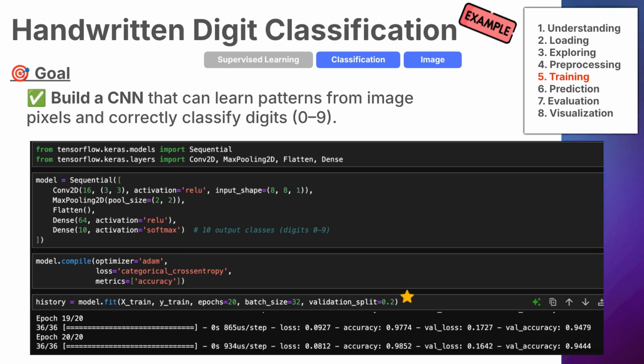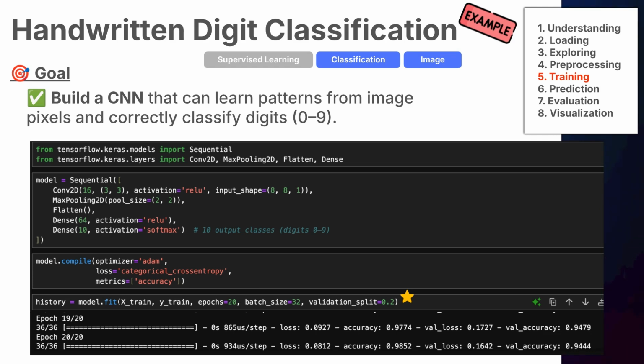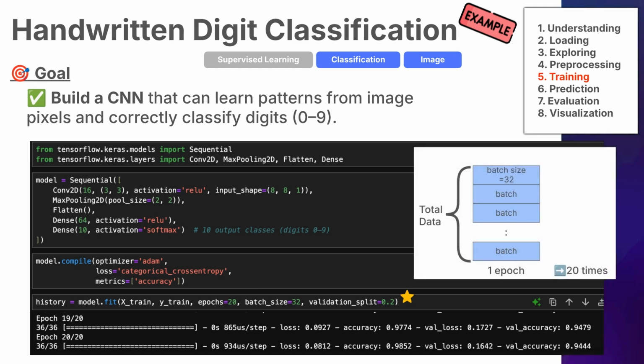Finally, train the model. It trains the model for 20 epochs and uses 32 samples per batch. This means the model will go through the entire training dataset 20 times. Each full pass is called an epoch. More epochs can help the model learn better, but too many might lead to overfitting, where it memorizes the data